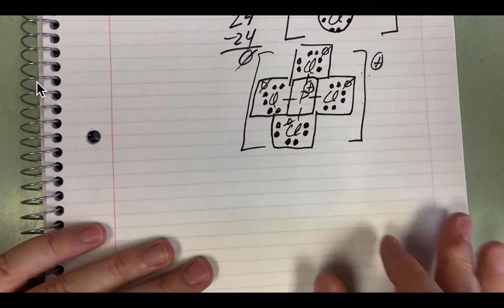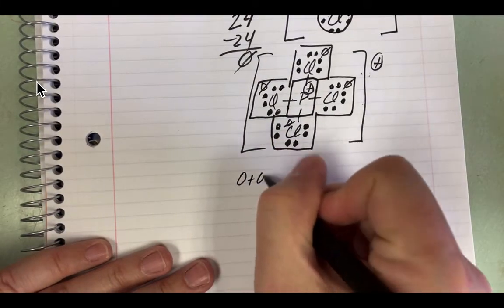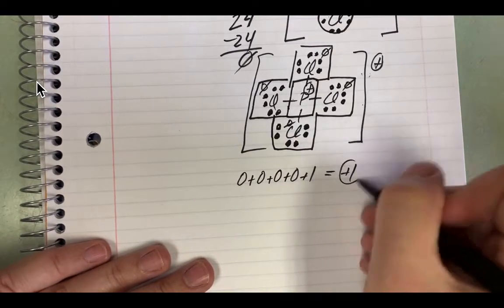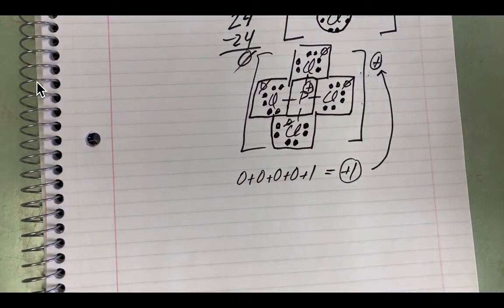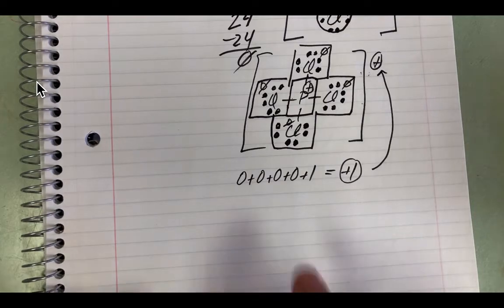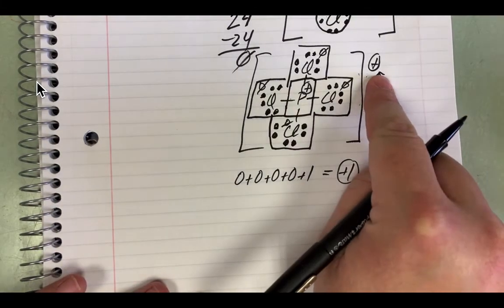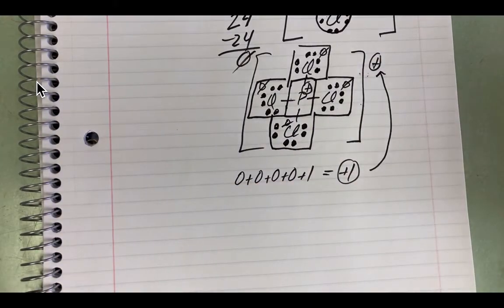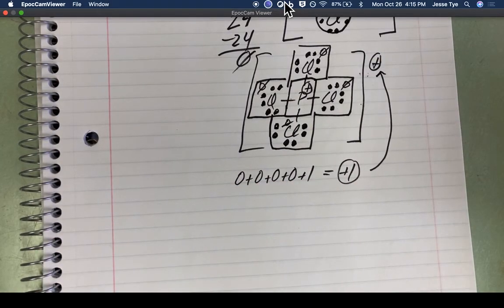All right, well, check this out. 0 plus 0 plus 0 plus 0 plus 1 equals plus 1. And this is, as it has to be, the charge on all of the atoms in a molecule, or a molecular cation in this case, have to add up to the total charge. And they do. 0 plus 0 plus 0 plus 0 plus 1 gives me a plus 1 overall charge on this polyatomic